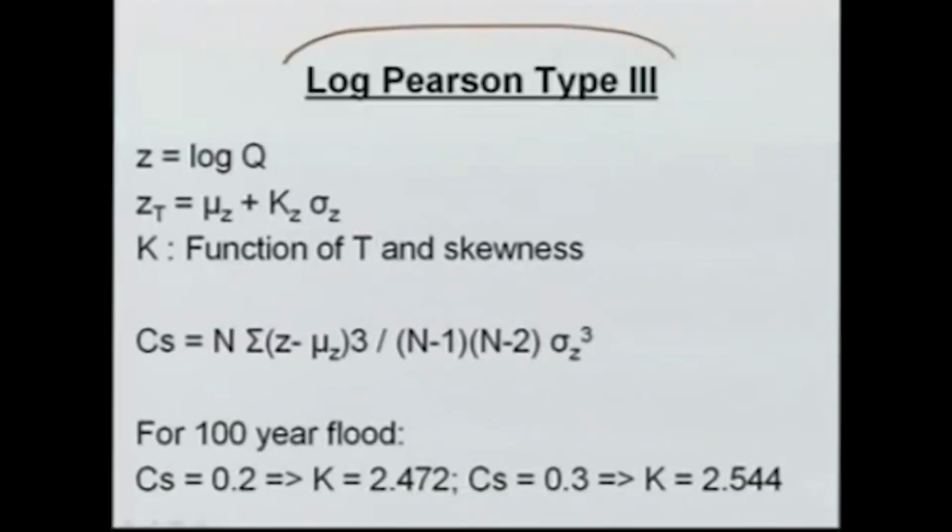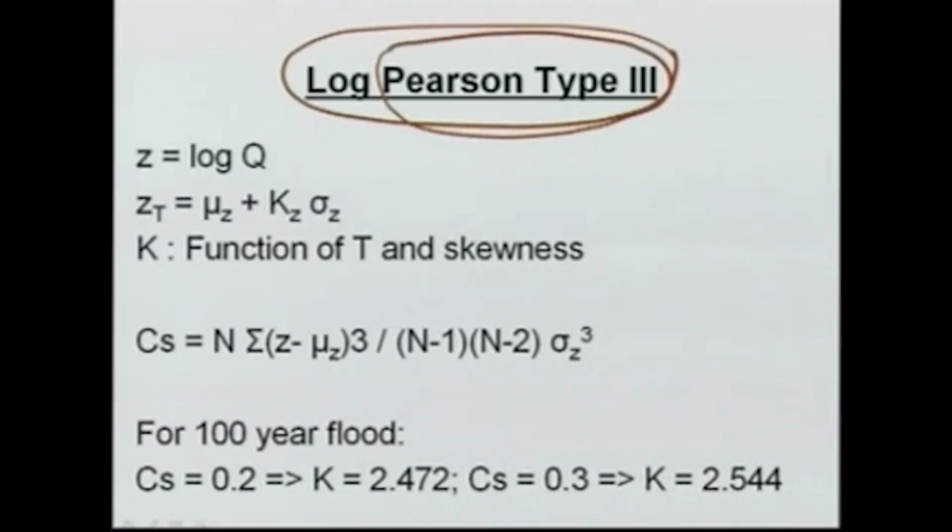The other distribution which we use is known as the log Pearson type 3 distribution. This is commonly used in the US, where Pearson type 3 is a distribution which is assumed, and log means that instead of the variable following the Pearson type 3 distribution, log of the variable follows the Pearson type 3 distribution. So, we use a variable z, which is defined as log of q, and then we say that z will follow a Pearson type 3 distribution,